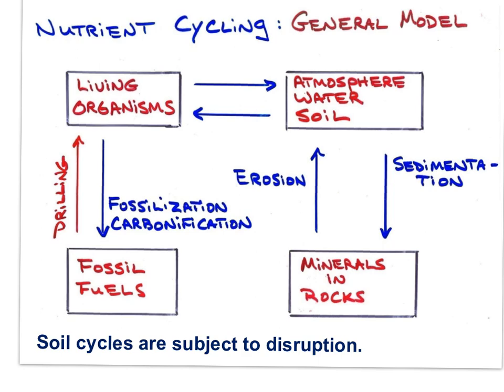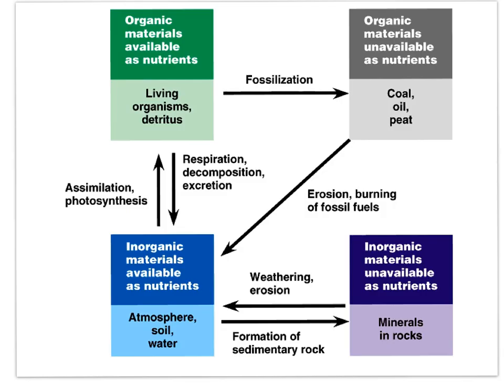The generalized model for a biogeochemical cycle is given here. You can see the movement of chemical elements and compounds between living organisms and the physical environment, and these flows are relatively fast. You can also see the movement of chemical elements and compounds into and out of the lithosphere, the rigid outermost shell of our Earth. The movement of chemical elements and compounds into and out of material located at depth below the surface of the Earth is very slow.